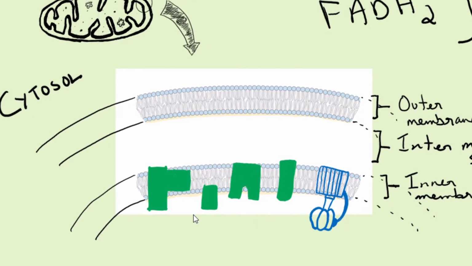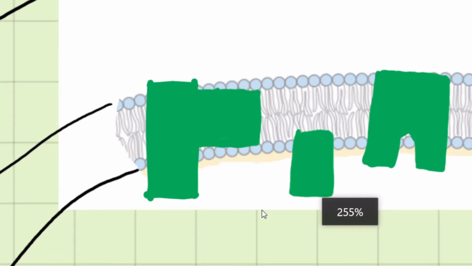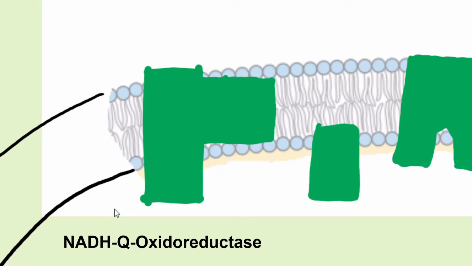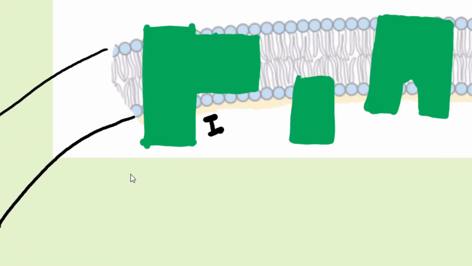Okay, so now we'll take a look at what happens at the first protein complex, which is also called NADH-Q oxidoreductase, or complex 1. I'll just name this complex 1 here. Okay, complex 1. The oxidation of NADH to NAD plus